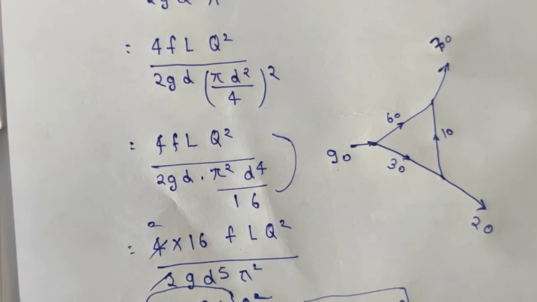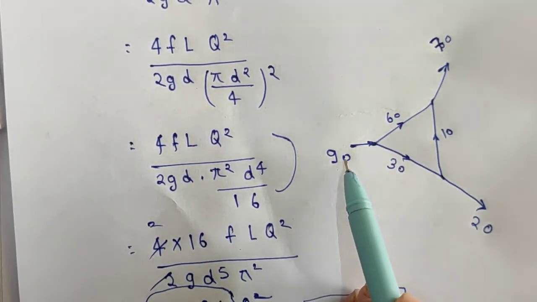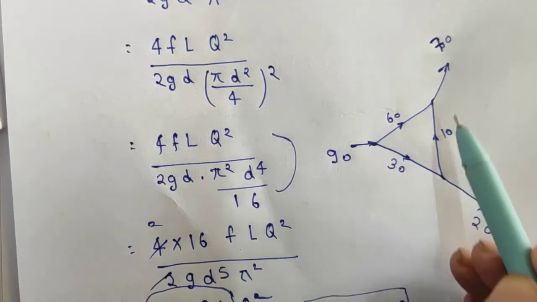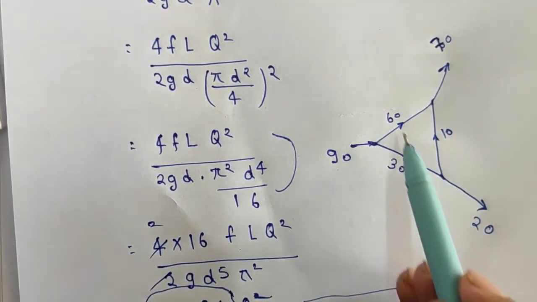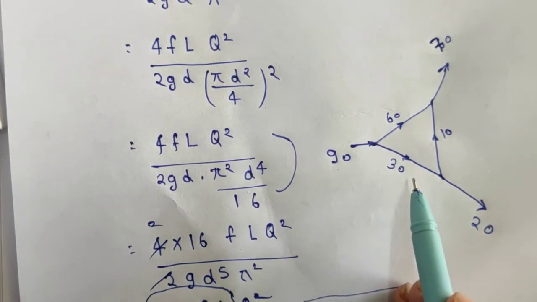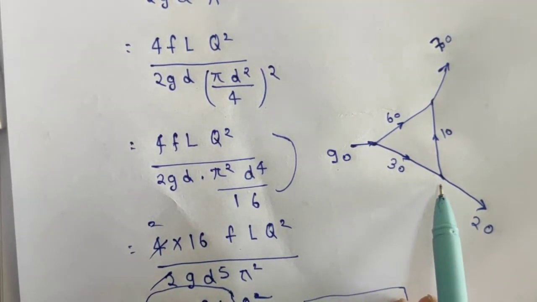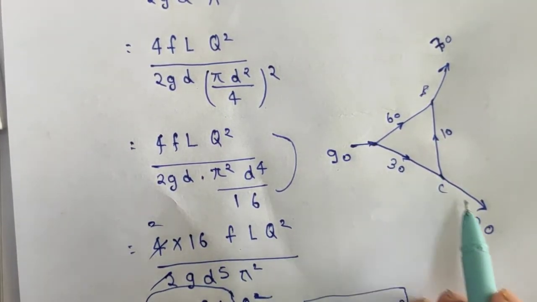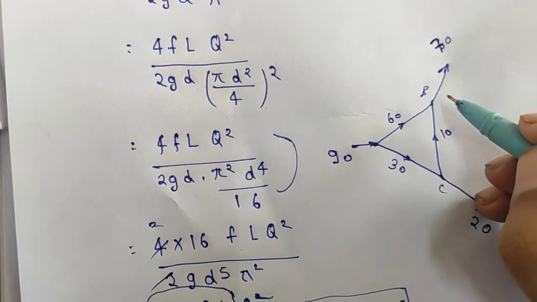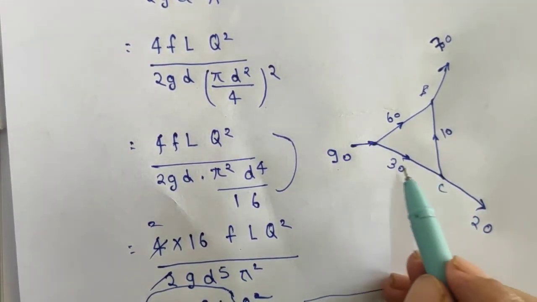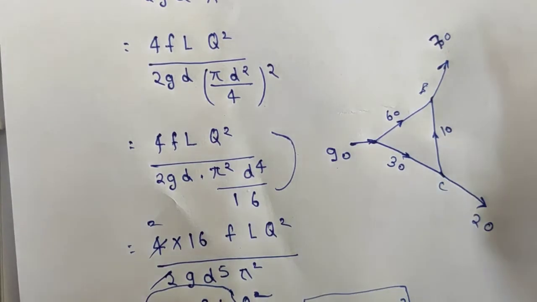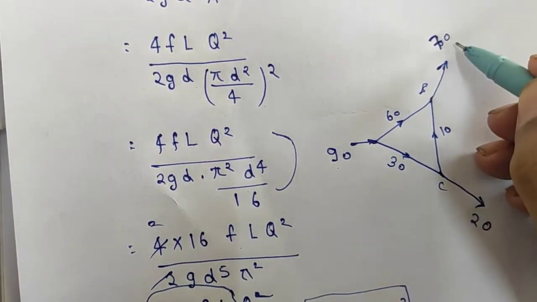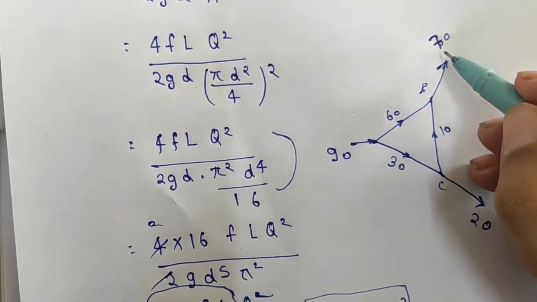So what I am trying to explain to you, now if you see, the amount of water leaving this section is, from here it was 90, 60 to this point and 30 to this point. That means 60 plus 30, that is 90, was leaving from here, right? Now let us suppose this is B section, this is C section. So from C section, 20 was leaving in this direction and some amount of water from this section was going into this direction. If the entire 60 was leaving from this direction, we initially wrote 60 here.